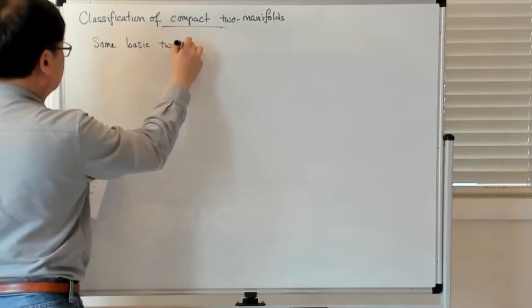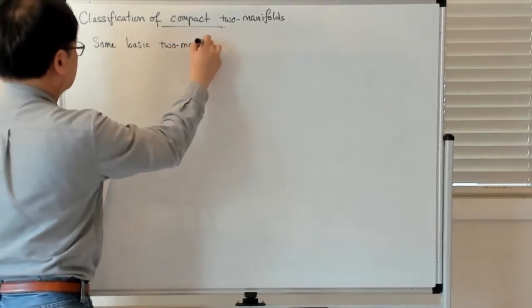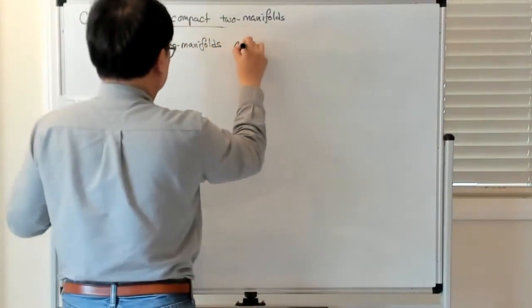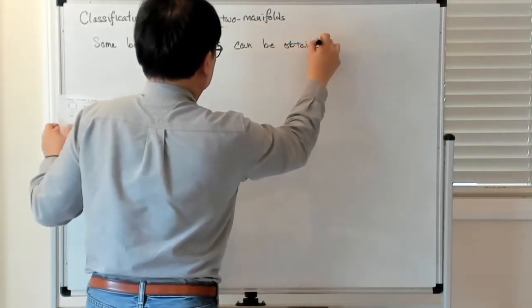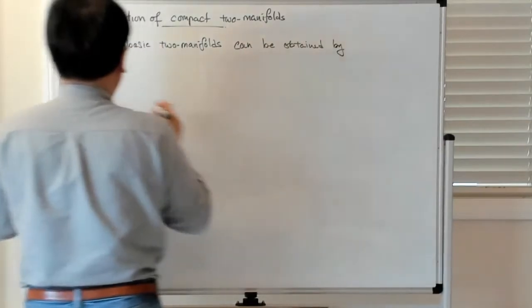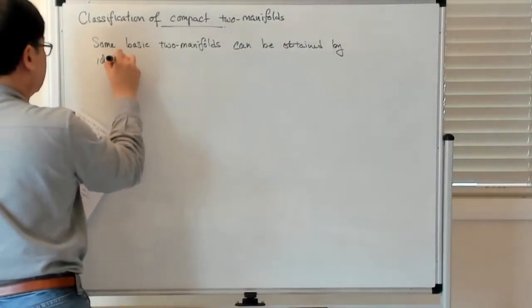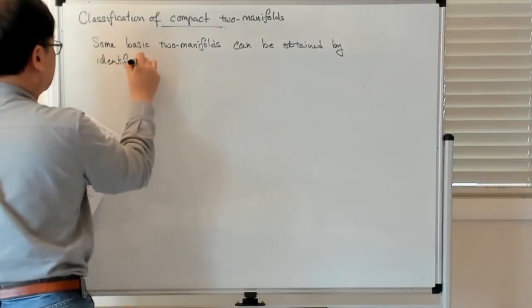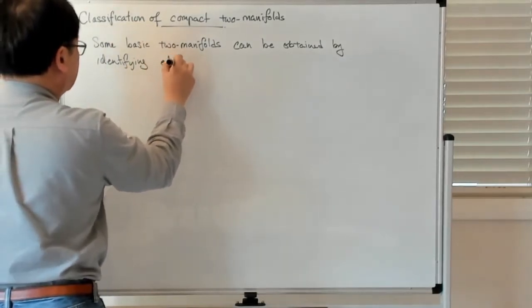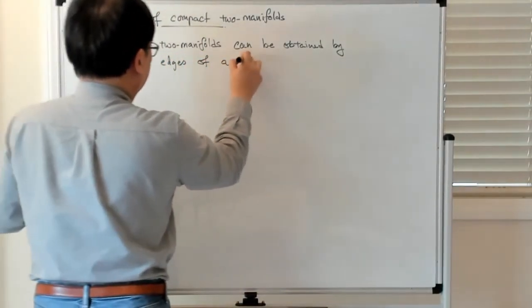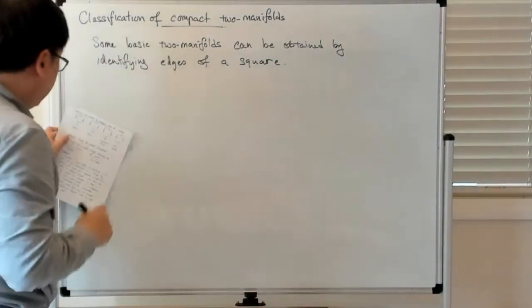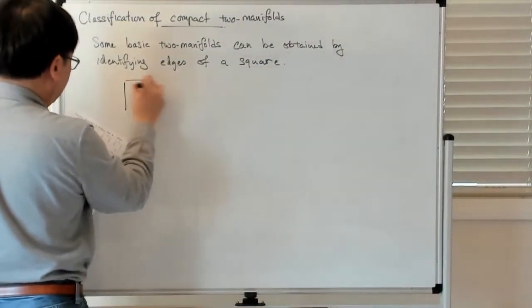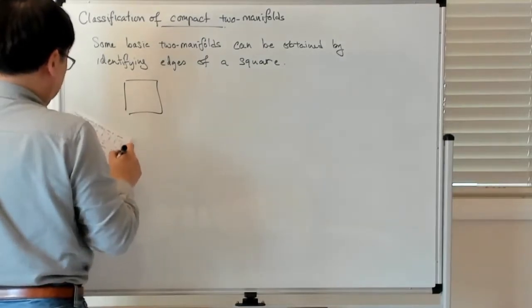Some basic two-manifolds can be obtained by identifying edges of a square, and we've already seen a few. Let me just try to enumerate all of them. Okay, so there's the sphere,